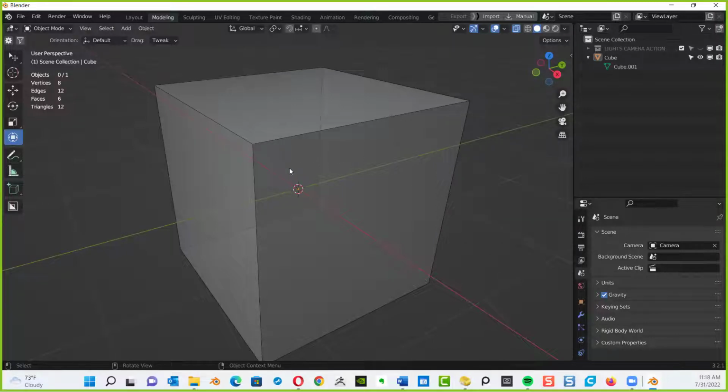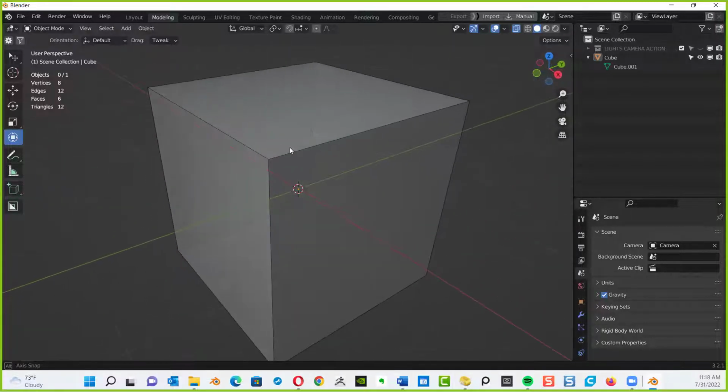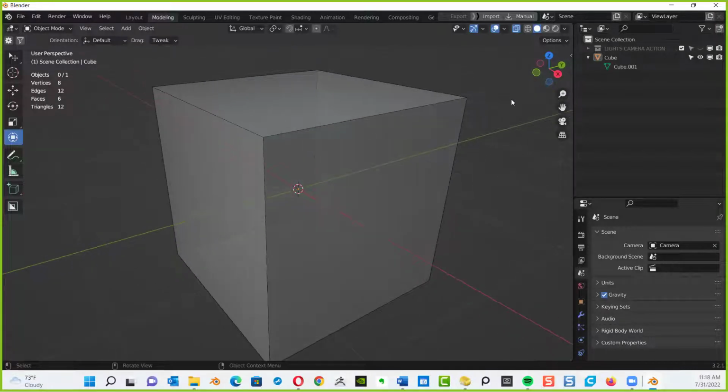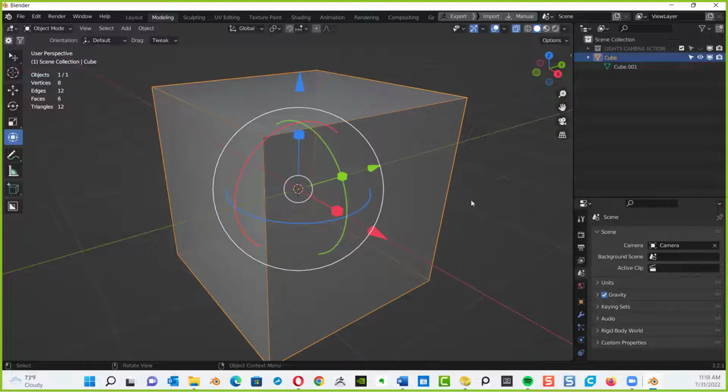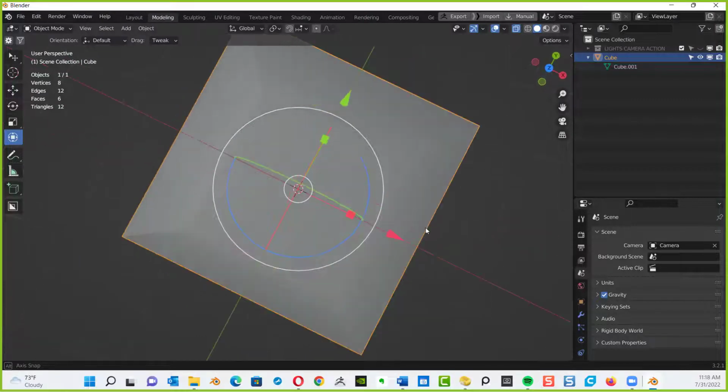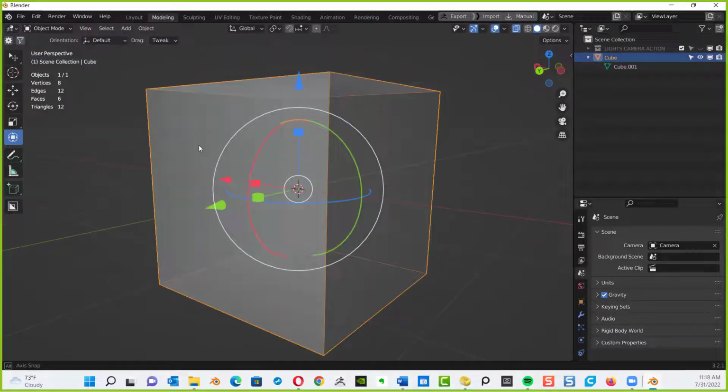Okay, and now I can see my wireframe. If I turn off, they hide things all over the place. Yeah, they can. But Blender is so powerful and gives you so much flexibility. That's why it's sophisticated. That's why things are all over the place, because it gives you complete control over every aspect. All right, there we go. So if I select this, now you can see physically where your edges are.